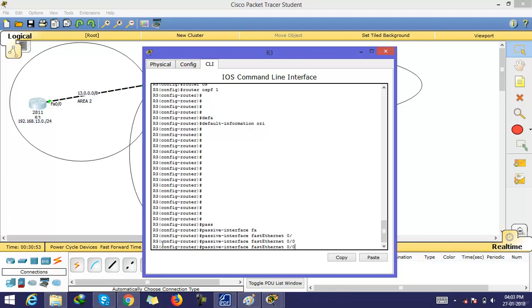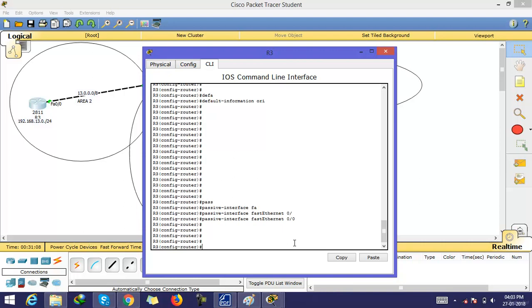Just press enter. Then for this OSPF process ID, this interface becomes passive. This is all about OSPF, and the practical part is over. For CCNA,